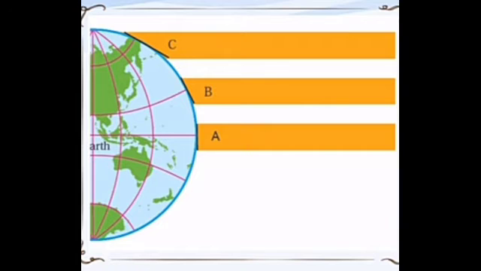Second question: tell the regions where the temperature will be moderate. Answer is, the temperature will be moderate in the regions receiving slant sun rays. Third question: tell the regions where the temperature will be low. The answer is, the temperature will be low in the regions receiving extremely slant sun rays.